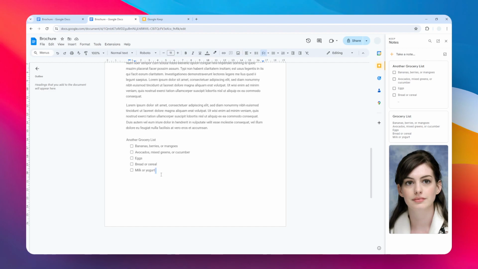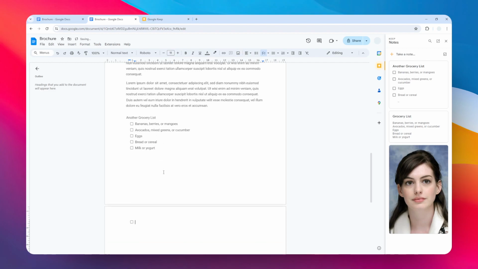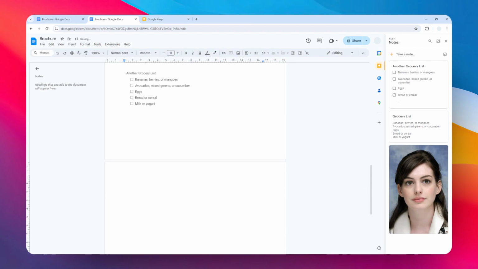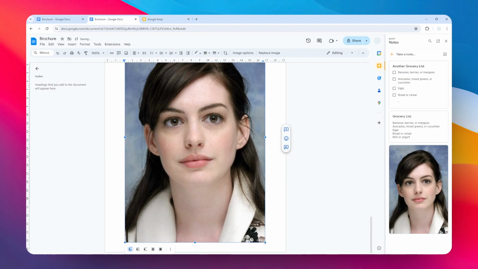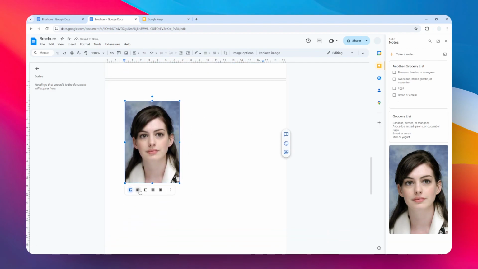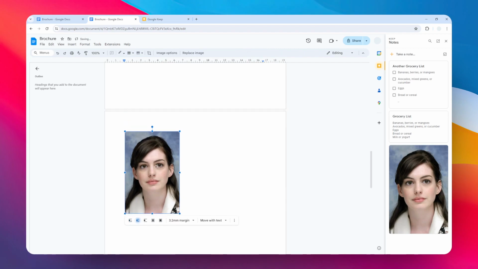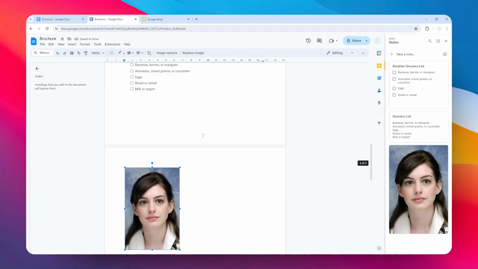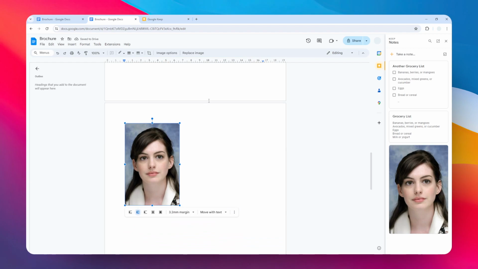And of course you can also insert some photos or other type of content to the document. For example, I have this photo and I can just add to the document, and there you go. It's as simple as that. It's essentially just almost like copy and paste, and it's quite useful to immediately or instantly import your content from Google